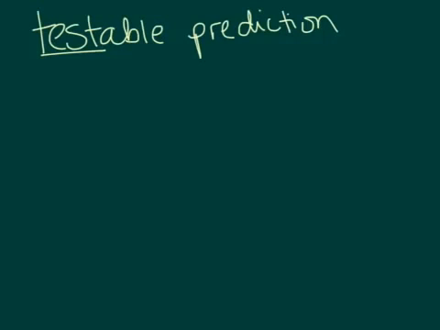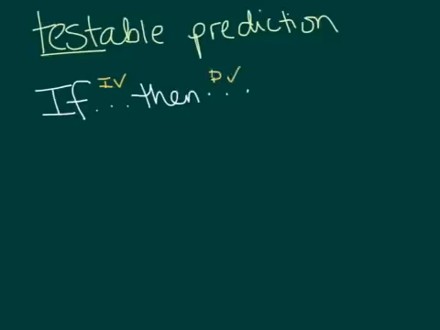Now, the format that you want to use is always going to be an if-then format. And the other thing you want to keep in mind is you want to include your independent variable and your dependent variable within that hypothesis. So if I do something with the independent variable, then this will be the effect with the dependent variable. So if we were to think about the plants from our controlled experiment